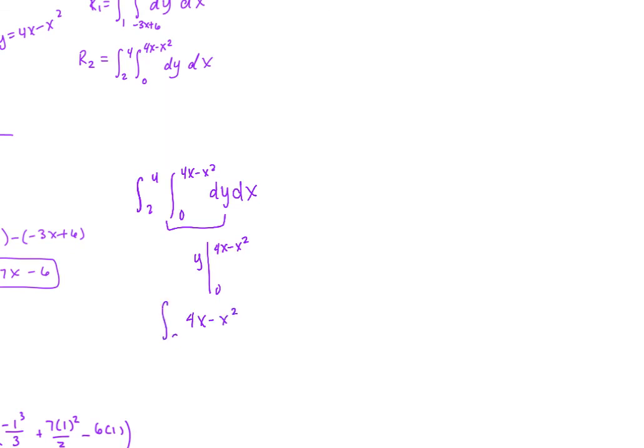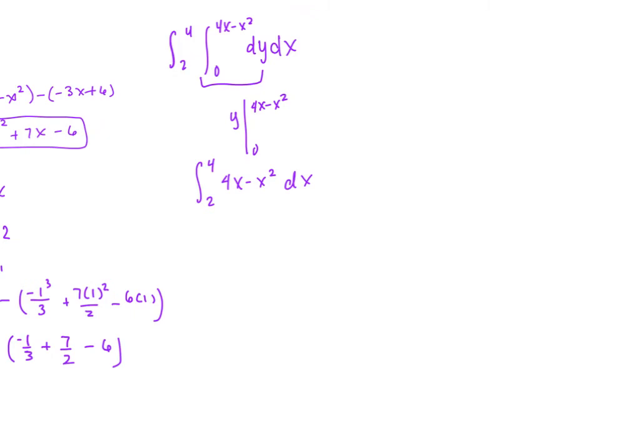And then I'm going to take the integral of that from 2 to 4 with respect to x. So now that becomes 4x squared over 2 minus x to the 3rd over 3. I'm going to simplify that a little bit. 2x squared minus x cubed over 3